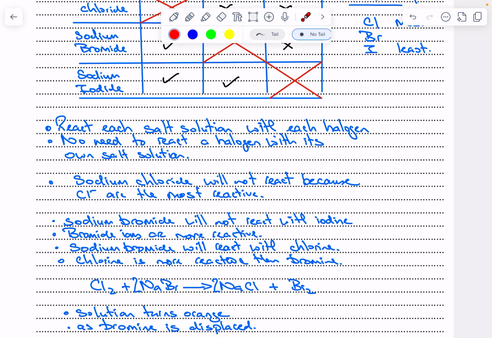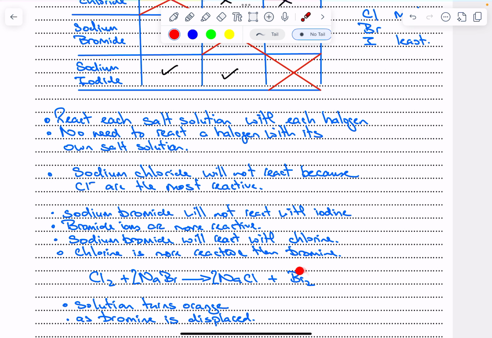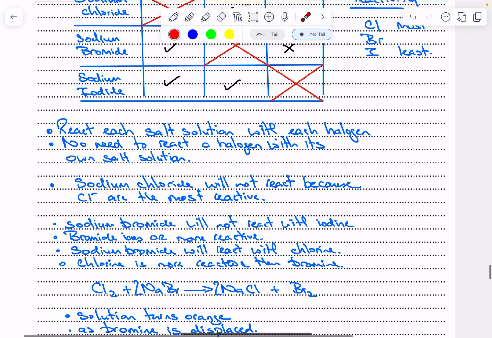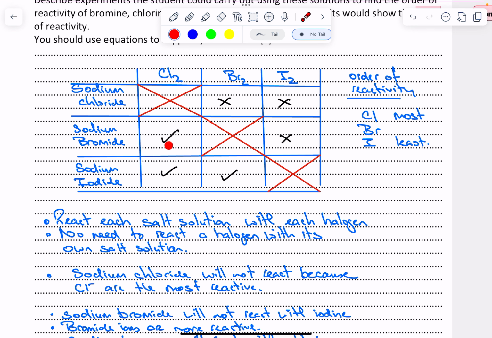So I've got my chlorine reacting with my sodium bromide. And what's going to happen here is the chlorine displaces the bromine. So we form sodium chloride, and there is the bromine that's been pushed out because it is less reactive. Because the bromine's there, this means the solution turns orange because bromine is an orange color. And we say that's happened because the bromine is being displaced or pushed out from this compound. So the tick, and here we've got sodium bromide is a tick with the chlorine